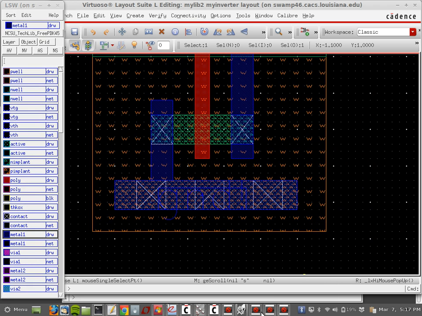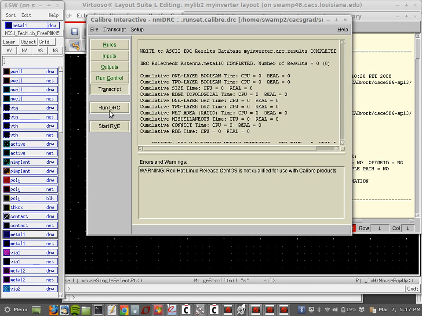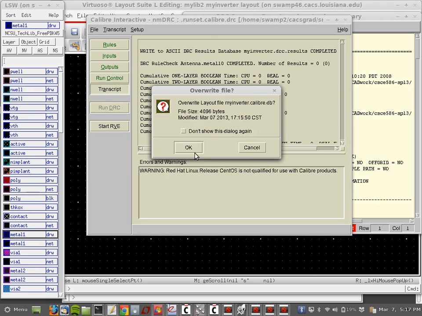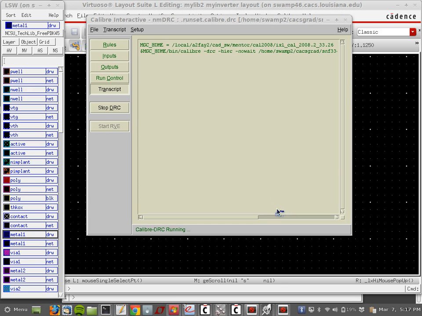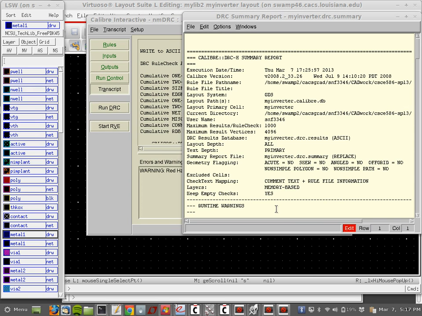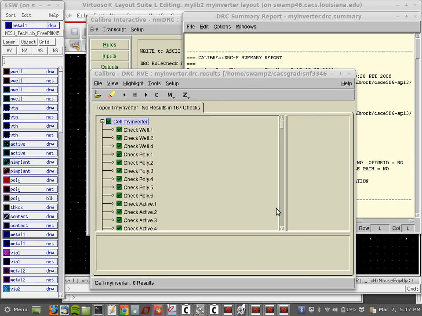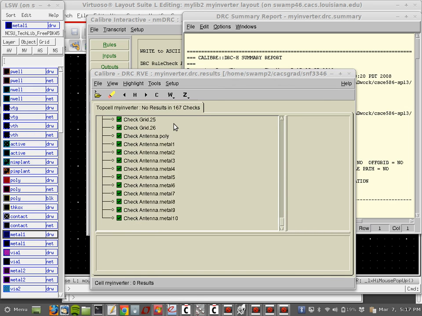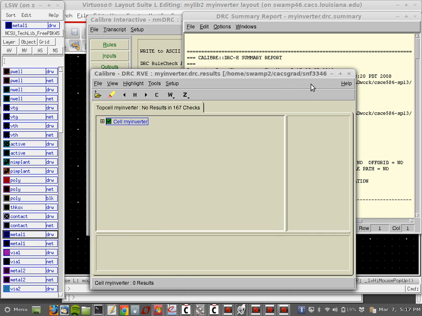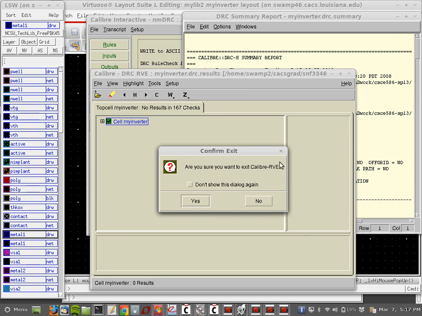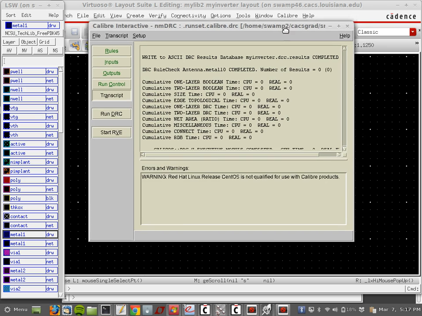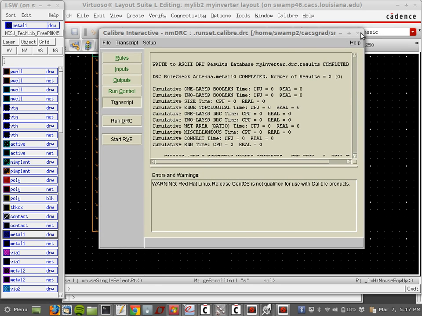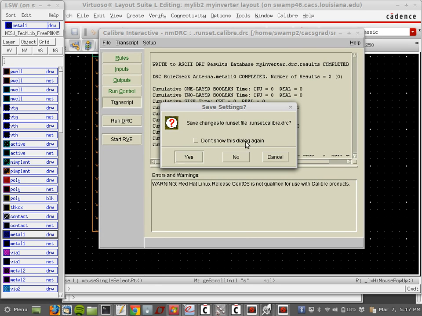Okay, hopefully it will stop complaining. Okay, so it's all right now. And that's it. Finished my inverter. Now, what I need to do is simulate it. But a